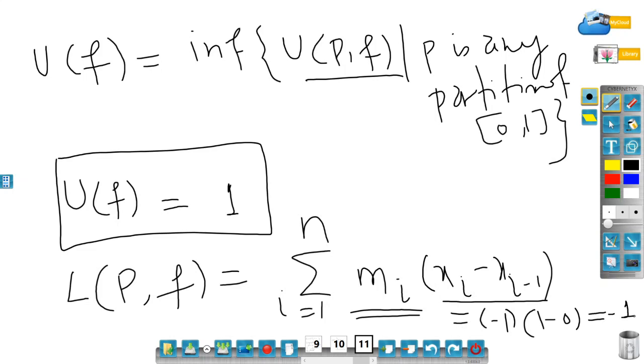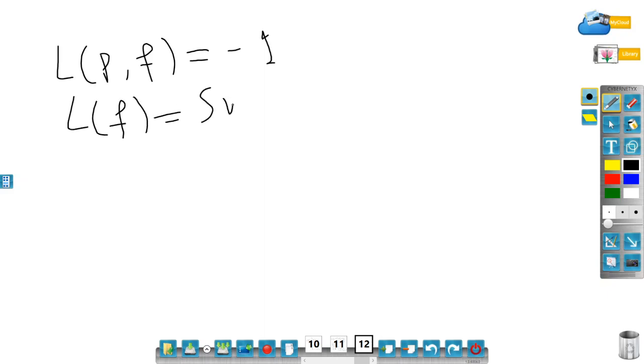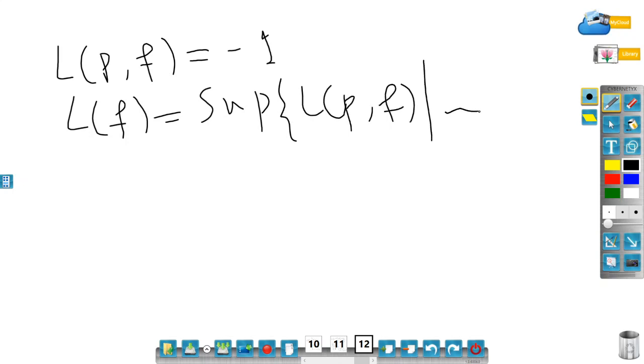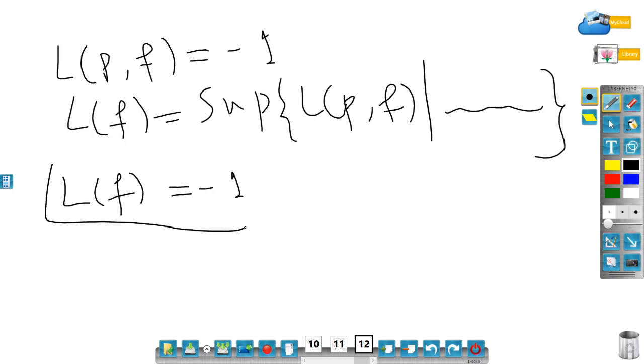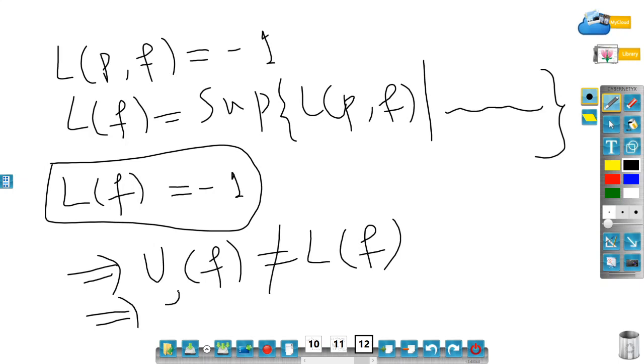So LPF is minus 1, and if you find the supremum of that, LF is the supremum of all LPF such that P is any partition of the closed interval, which is equal to minus 1. So I got LF as minus 1 and UF as plus 1. So UF is not equal to LF, which implies that F is